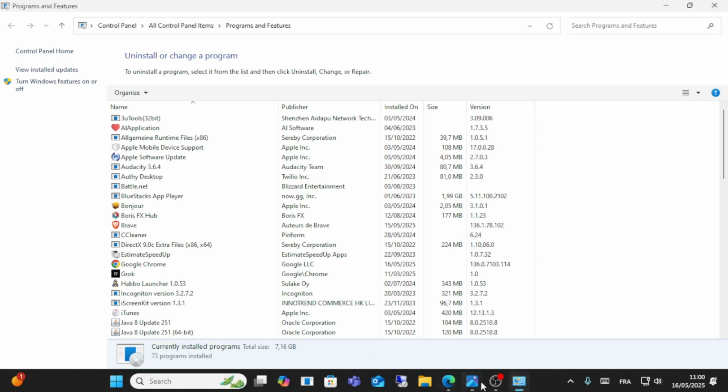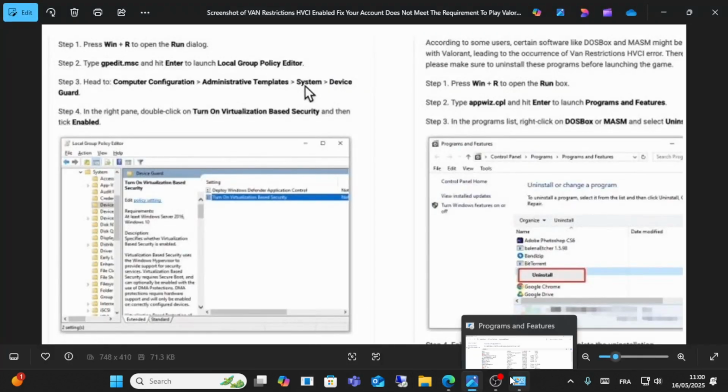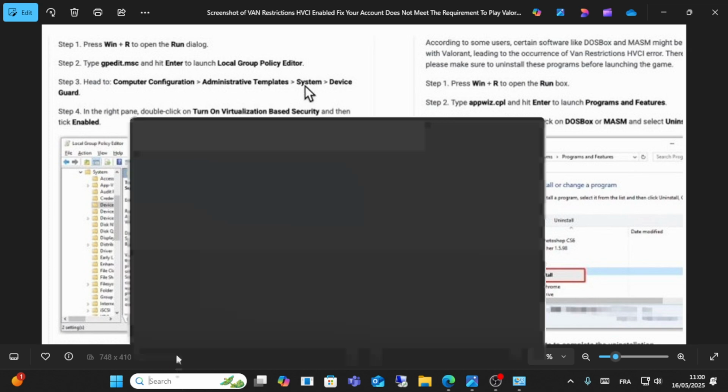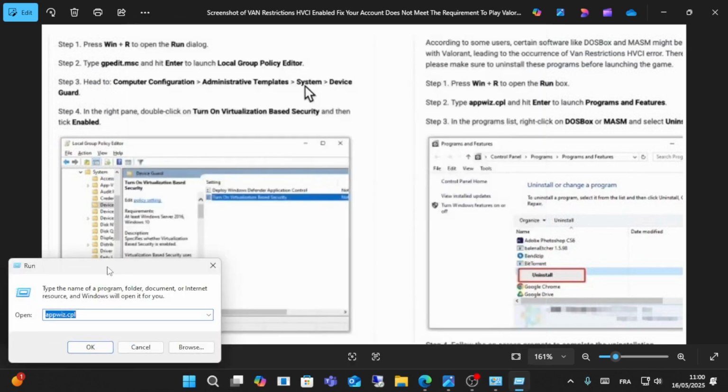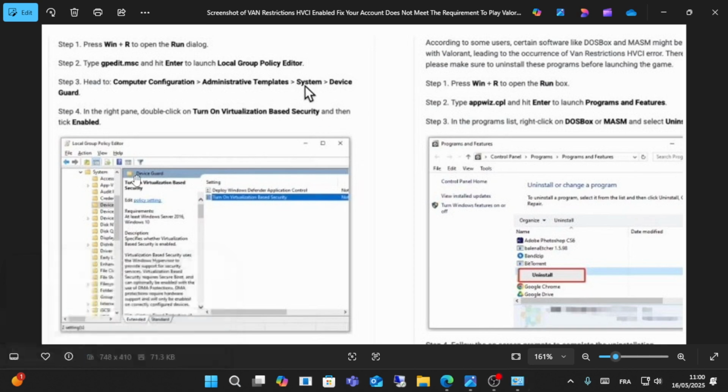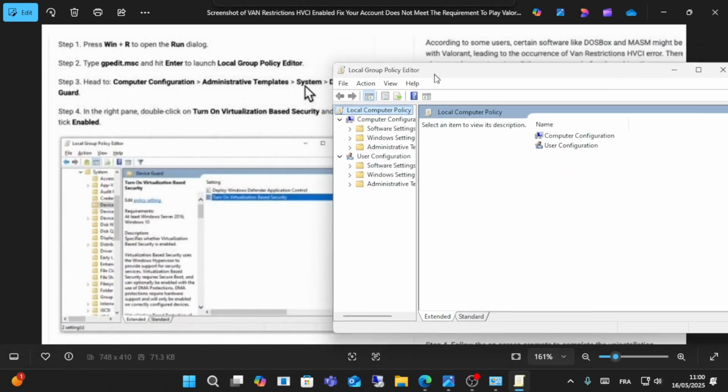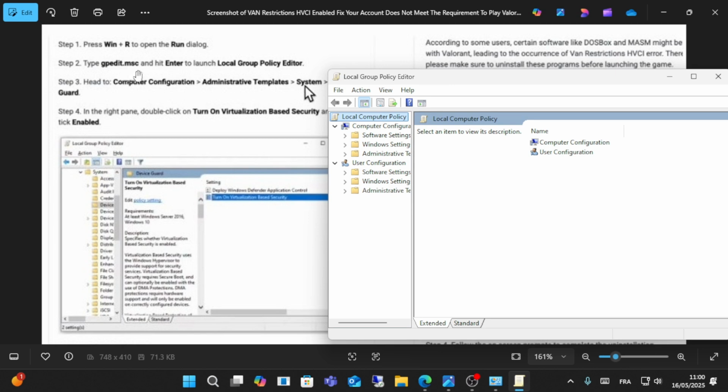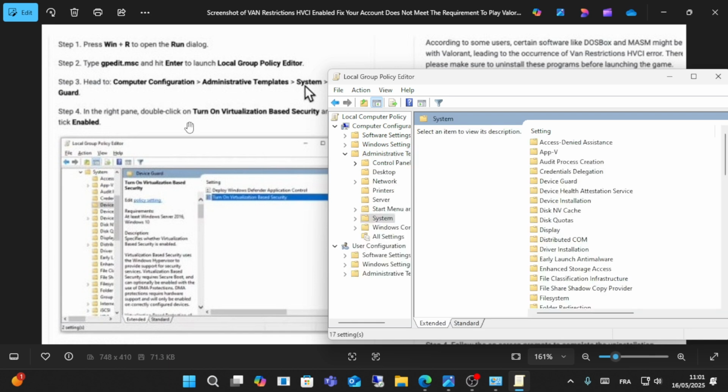run unbox again, click on as you can see here guys, click on run and search for gpd this command and click OK, and then enter your launch local policy, go to a launch local group from computer and administrations from here as you can see here guys, and go to this system and then click turn on virtualization based